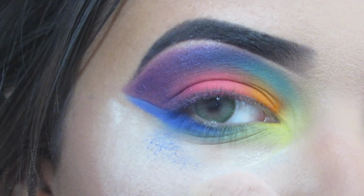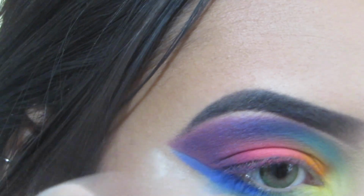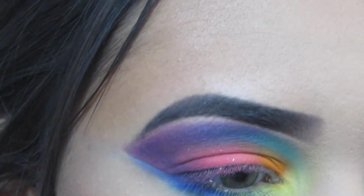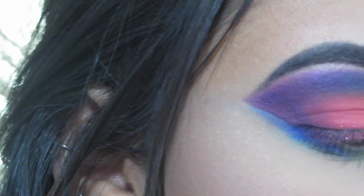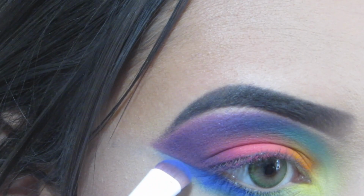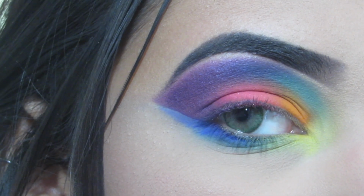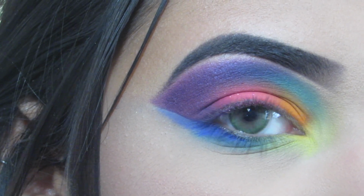Okay guys, so this should be it. Now I'm going to dust off this loose powder right here. And if you want to just adjust any little details, I'm going to add a little bit more blue in this wing right here. Alright guys, so this is the look. I'm going to go ahead and apply some liner and some lashes, and I'll be right back to show you the...